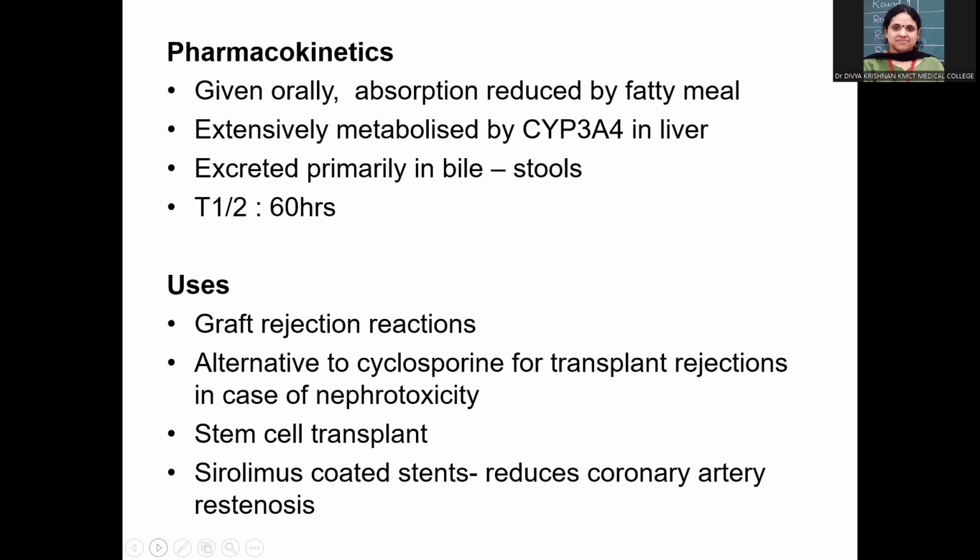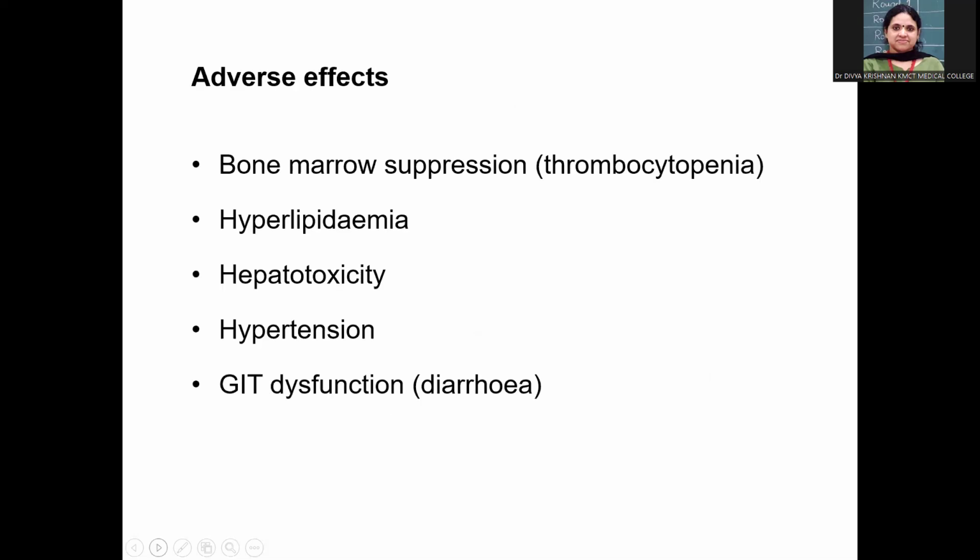So the stents which are put in the coronary artery are actually coated with sirolimus. This is one of the very important uses of sirolimus that you should not forget. That is the coating of the stents put in the coronary artery to prevent restenosis. Adverse effects: a notable adverse effect of sirolimus is bone marrow suppression, of which